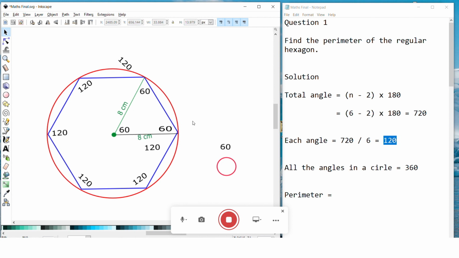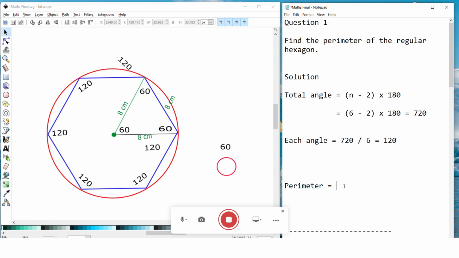And that means over here is also 8 centimeters, which is the most important part. So if from here to here is 8 centimeters, that means all of them are 8 centimeters. So just neglect this note here, we don't actually need that. So the perimeter of the shape is 8